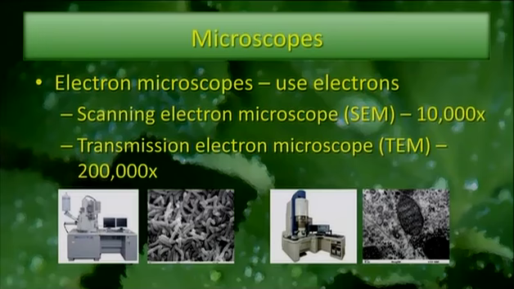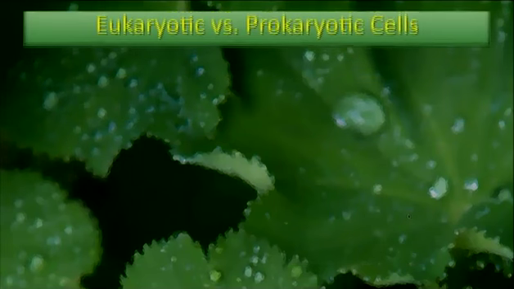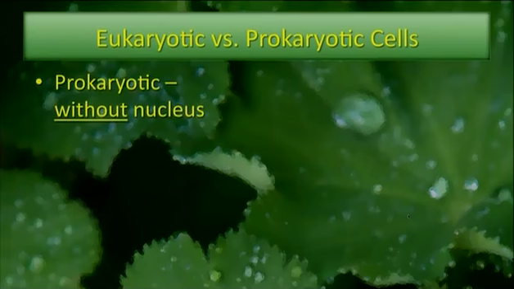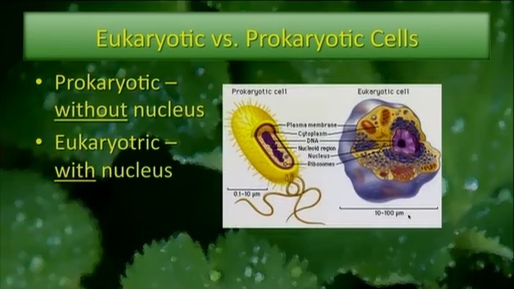Okay, so microscopes are used to look at cells, right? Now there are two main different types of cells in life. We have prokaryotic cells, which are cells that do not have a nucleus. Pro means before and karyon means nucleus or kernel. So prokaryotic cells do not have nuclei. So here you have the genetic material of the cell. Remember we said before that the